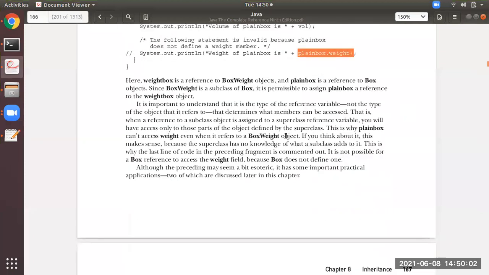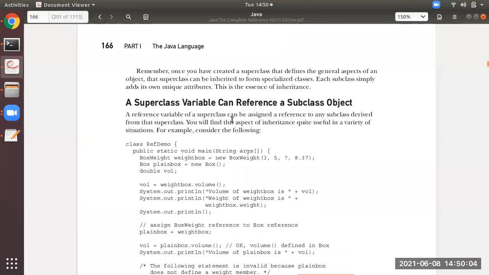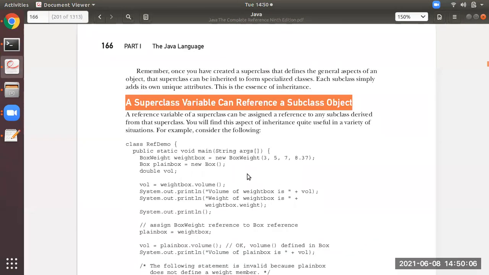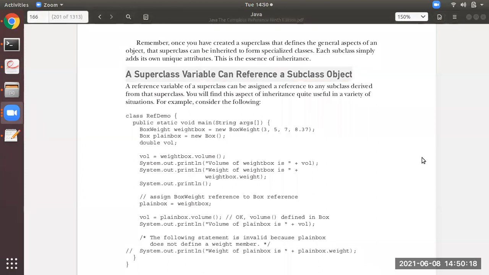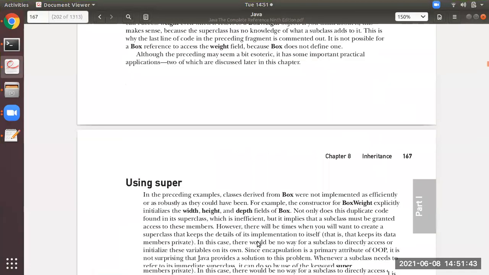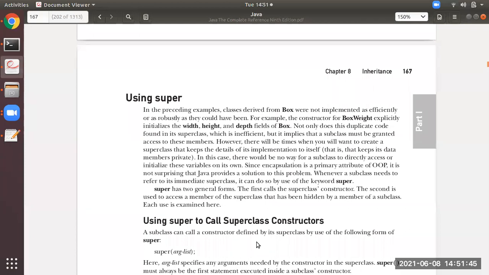Okay, students, I hope you all have understood this. A superclass variable can reference a subclass object. So suppose students, if this question comes now in the exam, you have to explain whatever I have explained. You have to write everything whatever I have explained now. Okay, students.